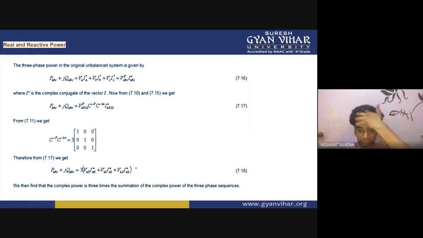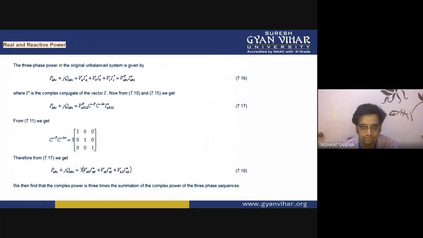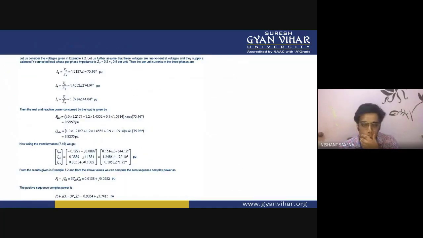Now, what's the important point? The important point is that all the symmetrical components are present. For an unbalanced system, all the symmetrical components are present. The positive sequence, negative sequence, and zero sequence components are present in this unbalanced system. So, if we have the knowledge of these three, we already have the values for the positive, negative, and zero sequence components for the different phases.